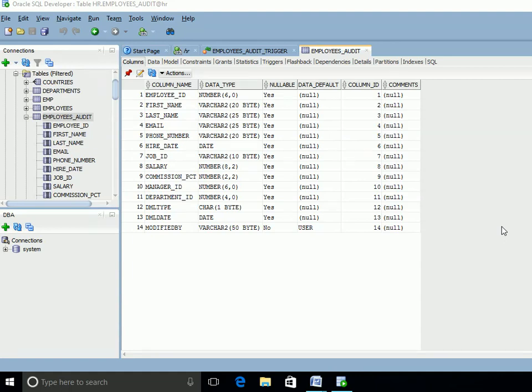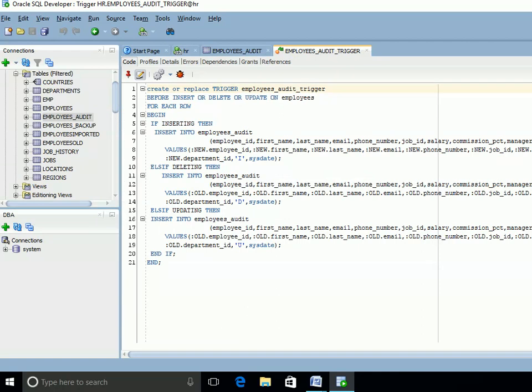In our trigger, we'll insert in this table all the old values plus type of operation on every DML operation carried out against employees table. Now let's create trigger. We name this trigger employees underscore audit underscore trigger. We want it to be fired before someone inserts, updates, or deletes any record in employees table. We are using inserting, updating, and deleting predicates that are provided built-in for mentioning what to do on specific DML